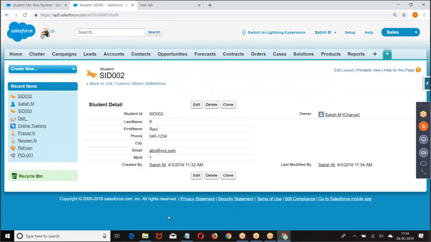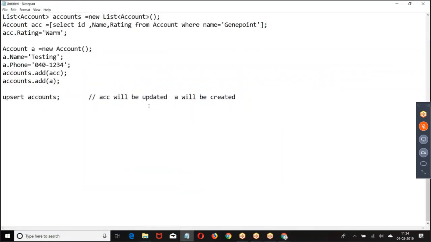Now for upsert, if you don't mention the ID of the record, if the record doesn't have any ID, then we upsert based on external ID. Do you want to upsert based on external ID or based on the ID of the record? If you want to go with the record ID, simply say upsert a subject. By default it will consider the record ID and perform the update or create.